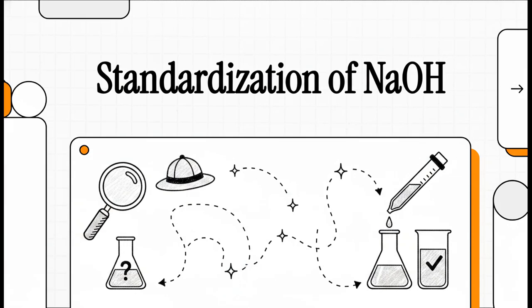Today, we are literally putting on our detective hats to solve a chemical mystery. We're going to determine the hidden concentration of a base by using a highly reliable standard acid. It sounds like standard chemistry, right? But when you look at it closely, it really plays out like a perfectly executed investigation. We've got our unknown suspect, our reliable informant, and a series of clues that will lead us exactly to the